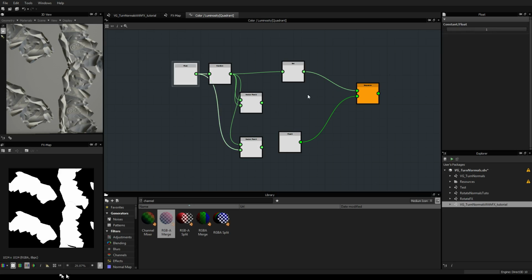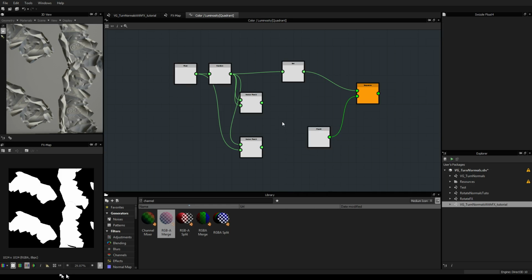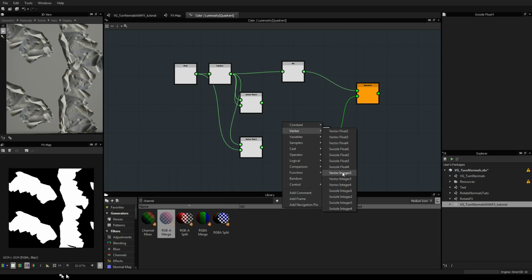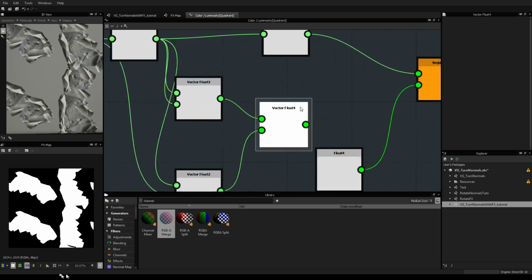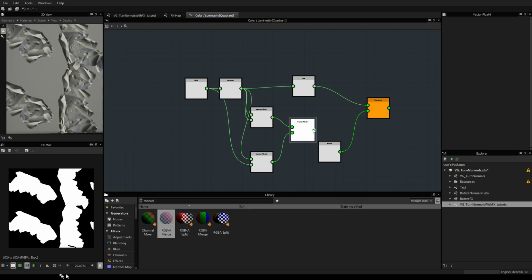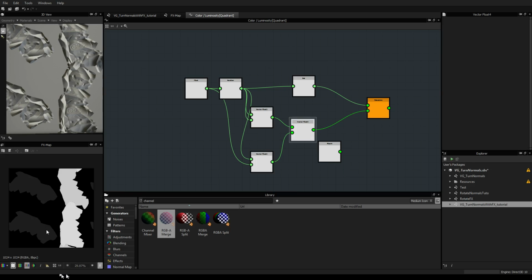It's a value 1, so I'm going to reuse it. Then we need a vector float for, where is it? Here we go, to plug this. So basically we are creating an RGBA value here, and you plug it here. And here we go. You see that right now each of the values has a different